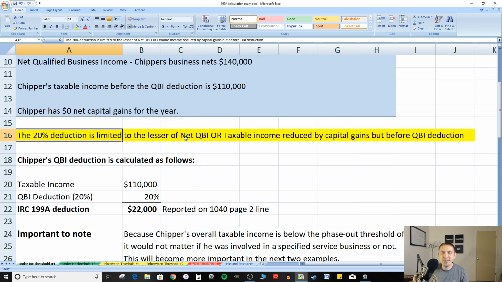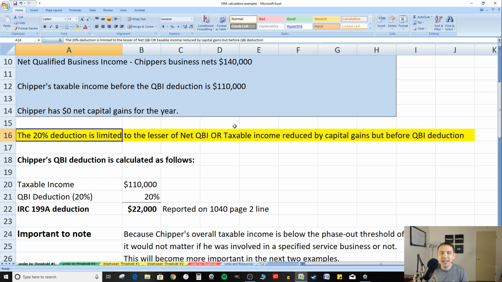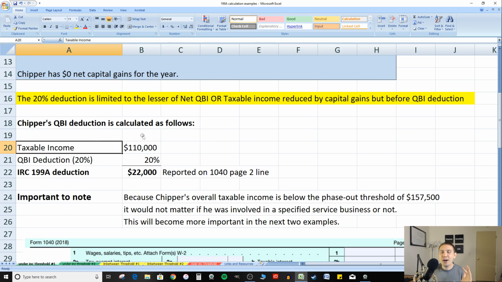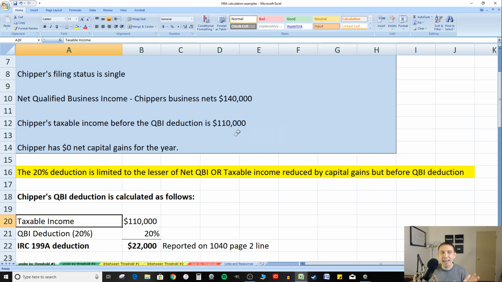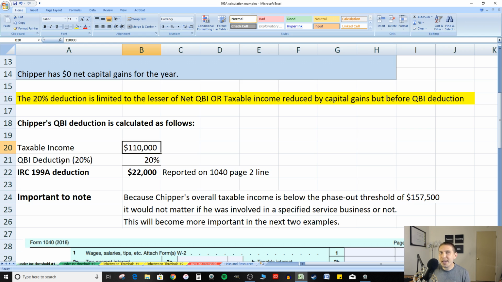So here's Chipper's taxable income. Net QBI is 140, taxable income is 110. So this is how, in this example, it's calculated. Because his taxable income is lower, 110 is lower than 140, we start with that. And it's very simple. We take the $110,000 and we multiply it by the 20%. So Chipper's QBI deduction in this very, very simple example is $22,000